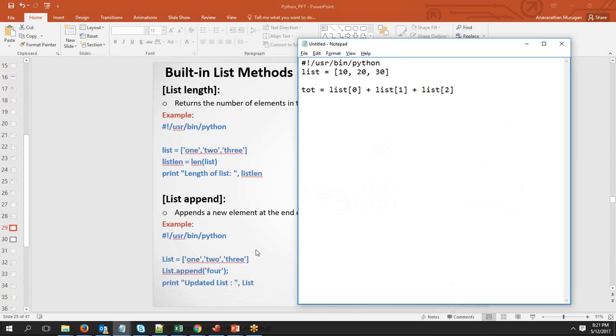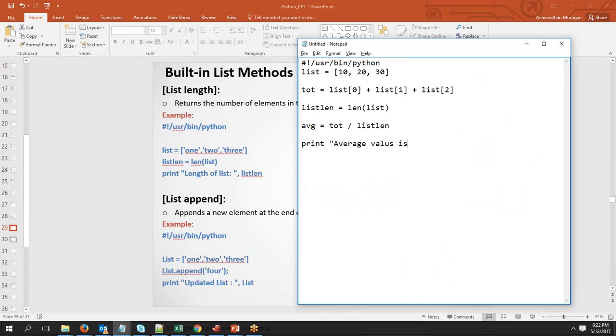If I create a new variable, let's say list length, and to this I say length of the list, it will give me the total number of elements in it. So now if I say average equal to total divided by the list length, it will give me the value. And if I say print average